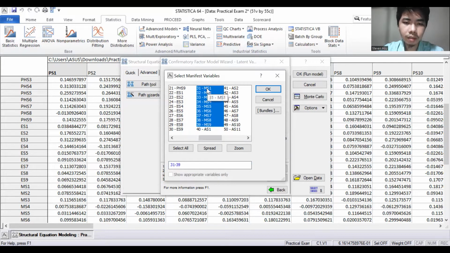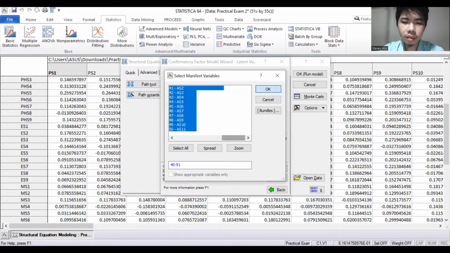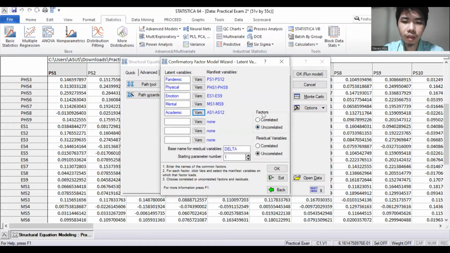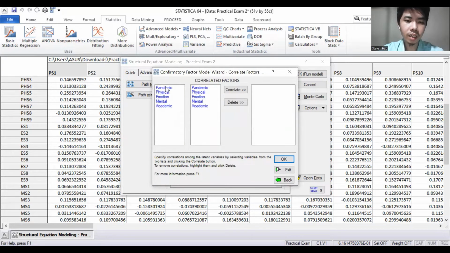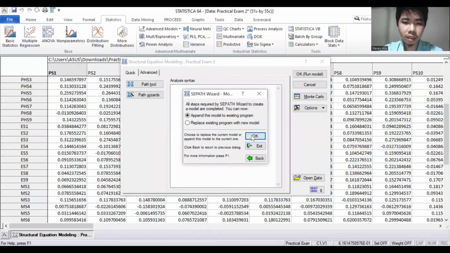And lastly, academic stress. So after selecting all our variables, we have to correlate the factors. Don't forget this step. Now click OK, and here we are gonna drag or select all of the data. Then click correlate, click OK, and then click